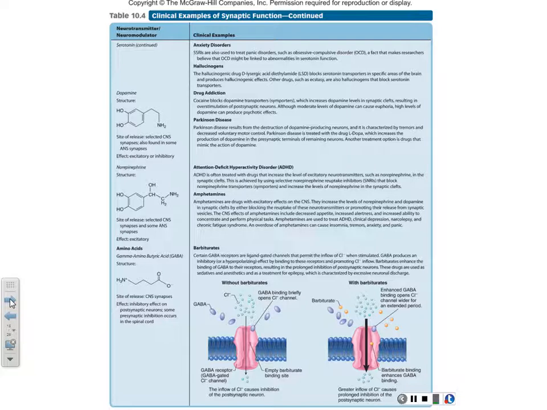And drug addiction is shown by the fact that cocaine blocks those dopamine transporters, because dopamine is another neurotransmitter. But dopamine has two functions. Dopamine is either excitatory or inhibitory. When you have a neurotransmitter that has both functions, it's hard to treat conditions that are involved with it. Because dopamine is involved here, okay, and it's the excitatory part of it.